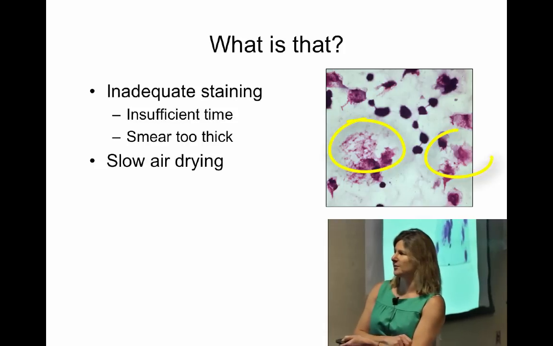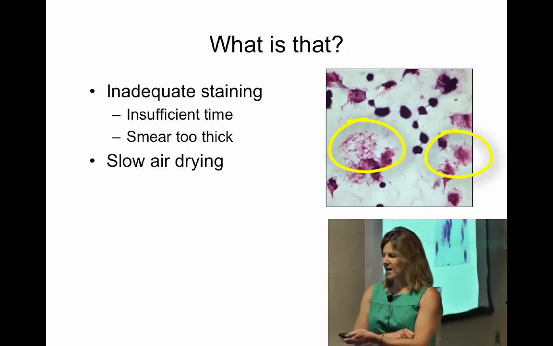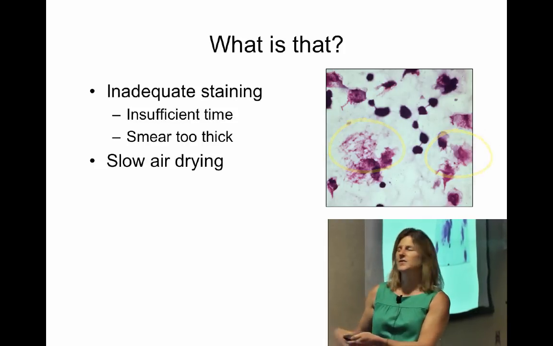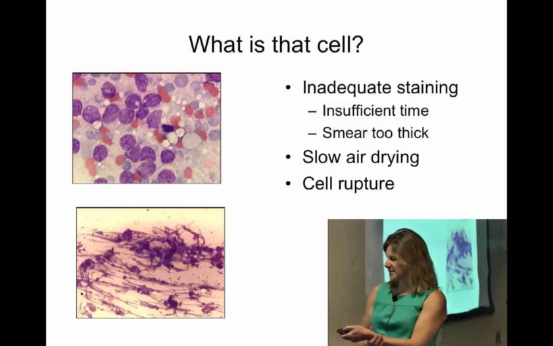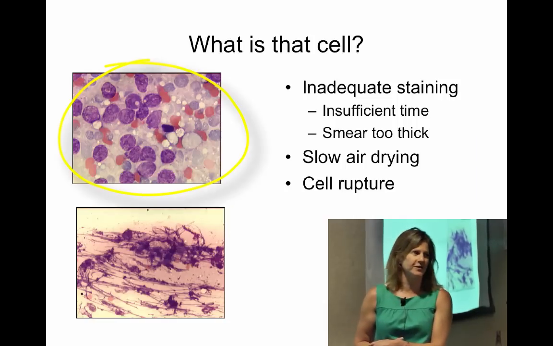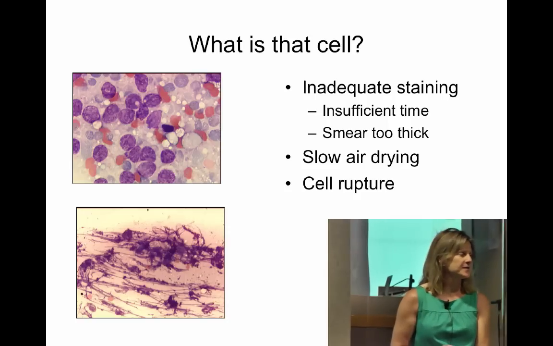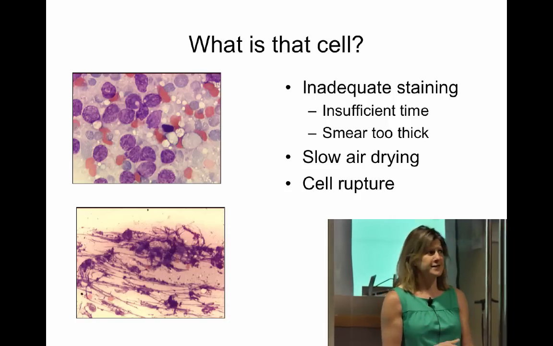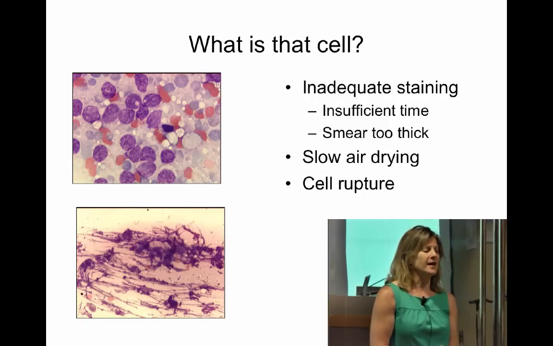This is mucus and ruptured cells. That's a slowly dried slide that was viscous to begin with, and these are cell ruptures. So this is a lymph node, and I'm suspicious of lymphoma, but I can't give you that diagnosis. That's really frustrating when I've stained every one of these slides and they're all the same. And that happens with